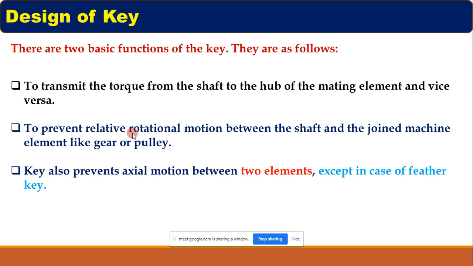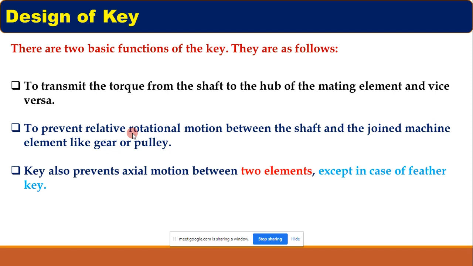But you already know that these gears are used to transfer power. So there is some resistance to the motion, there are some external forces during this power transmission, and thus there may be a situation, where there is no key, the shaft may be rotating at, let us say, 100 rpm and the gear may be rotating at, let us say, 90 rpm or 80 rpm. So this is called relative motion.